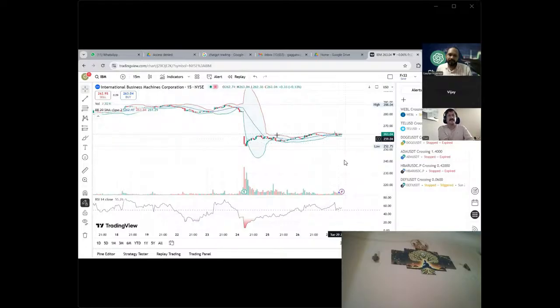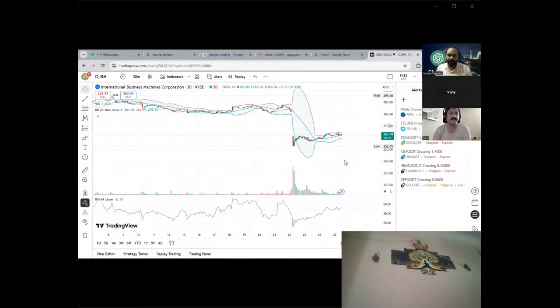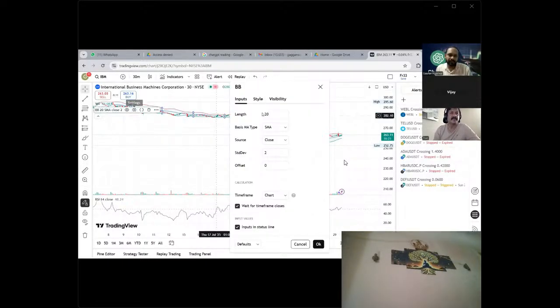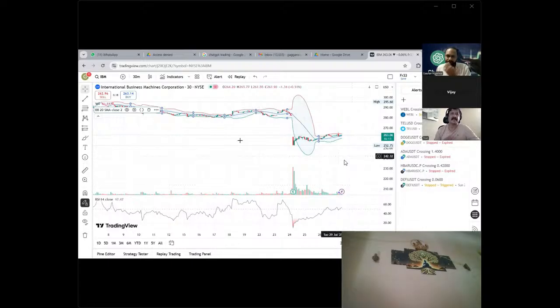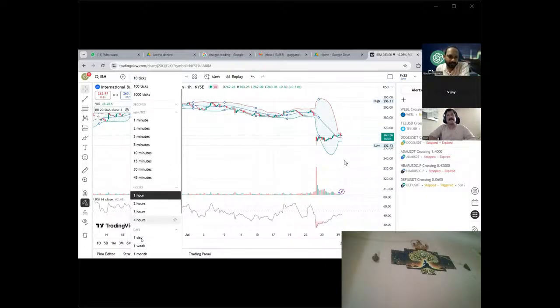Are there any settings in the Bollinger Band that we should use? No, you use it by default. You don't make any changes in that. It's a standard setting. The default is 20. If you go into settings here, it is showing a length of 20, the simple 20 moving average. So based on the time frame you are choosing, the Bollinger Band will get adjusted automatically.